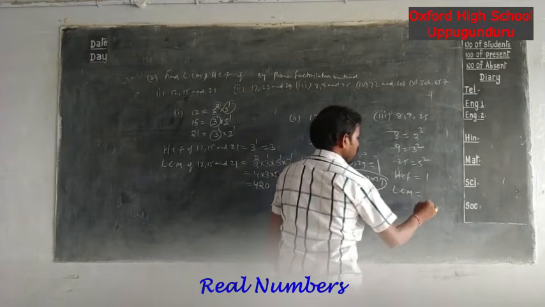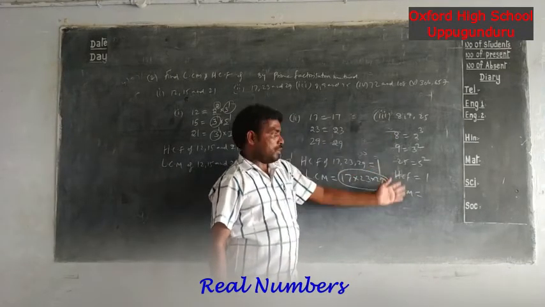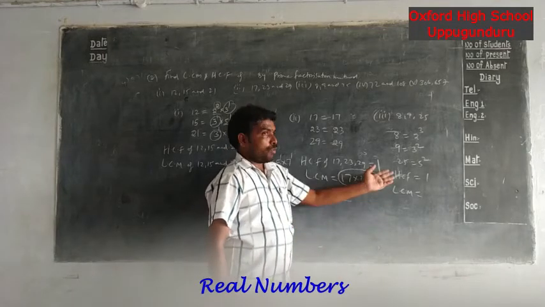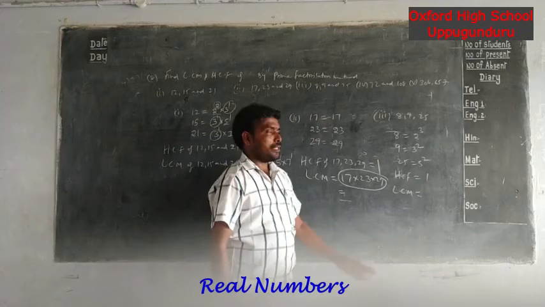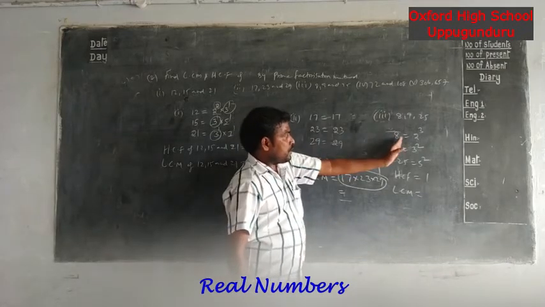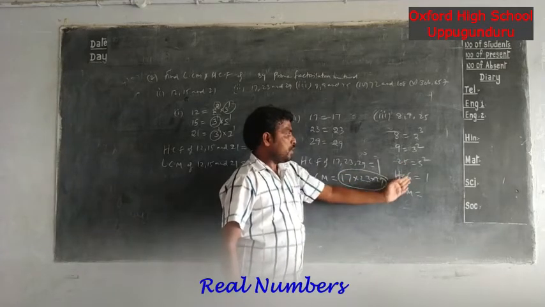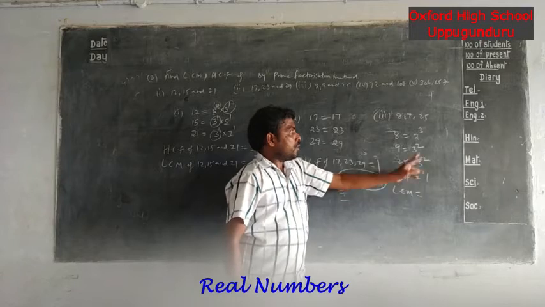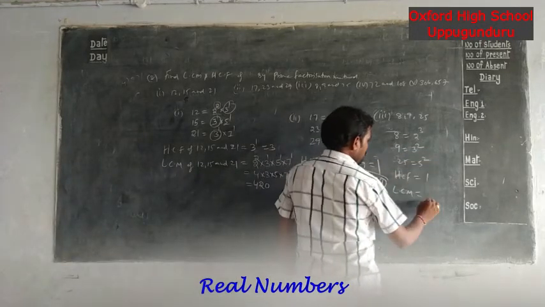What I told you: if the HCF of two or more numbers is 1, then we call those numbers co-primes. So whenever co-primes are given, the product of those numbers is the LCM. Here 8, 9 and 25 have no common factor, that's why we are considering 1 as the common factor. If 1 is the common factor for two or more numbers, then the LCM is the product of all those.